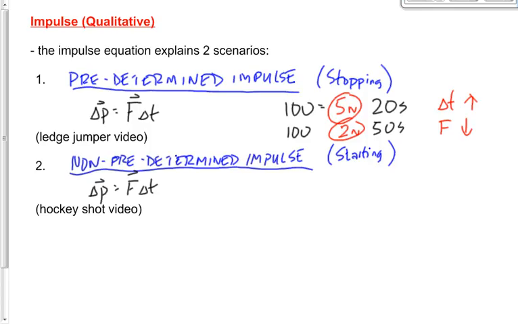The situation there is that impulse is not going to be the same. It depends upon all kinds of factors, right? Who hits the baseball? Somebody who's a good baseball player is going to impart more impulse to the ball than I'm going to impart to it. Somebody who's a good hockey player is going to impart more impulse to the puck than I'm going to impart to it. The impulse is not predetermined.